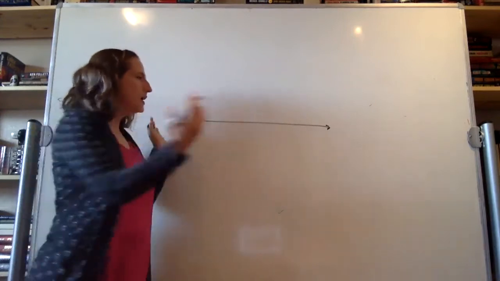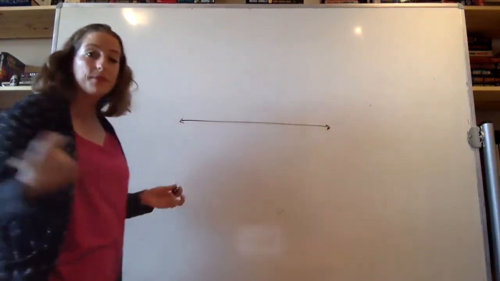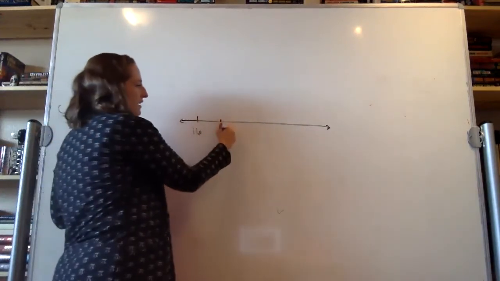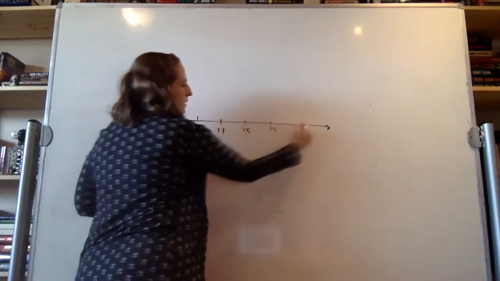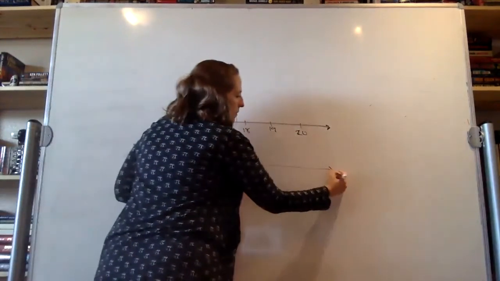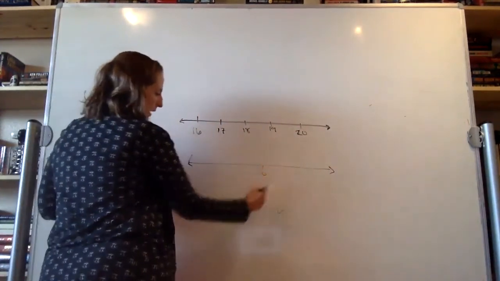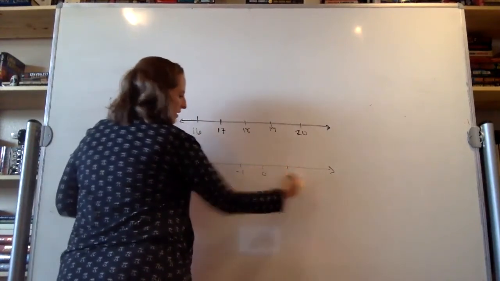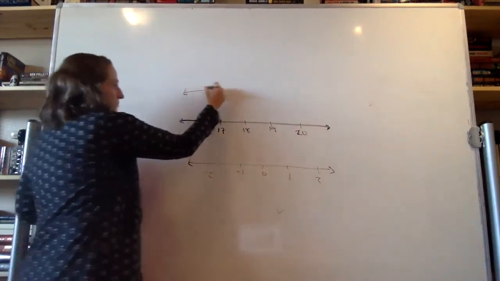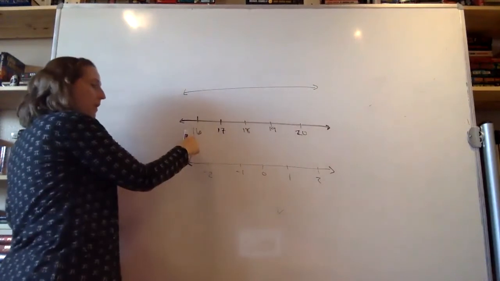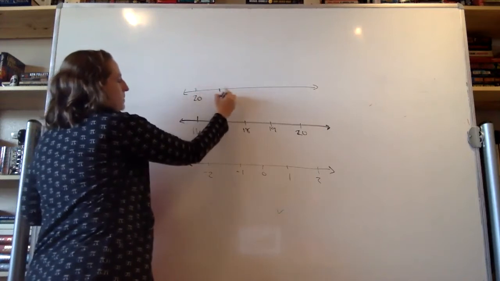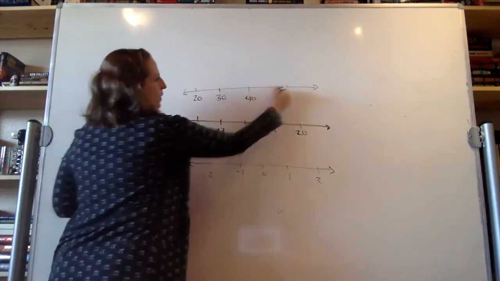And we can take a snapshot of our number line that's anywhere at all. So my favorite number is 16. So I could start at 16 and work my way up. This particular snippet of the number line goes from 16 to 20. I could also start at 0, that's pretty common, and then work my way in both directions. So I have -1 and 1, 2, and -2, okay? I can build a number line that doesn't count by 1, so notice each one of these goes up by 1. I could build a number line that starts at 20 and counts up by 10, so 20, 30, 40,